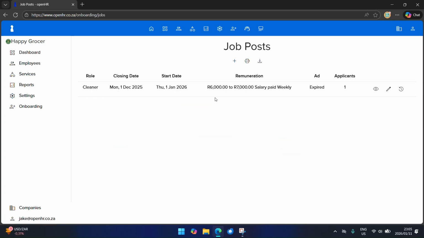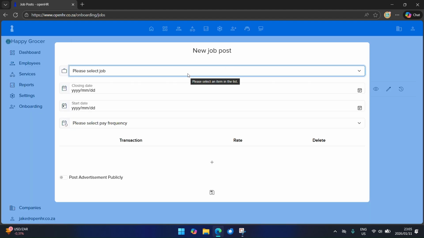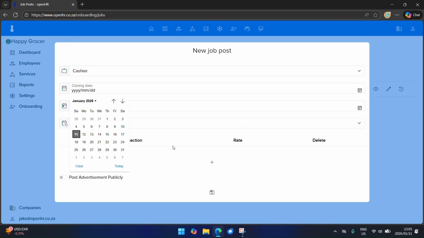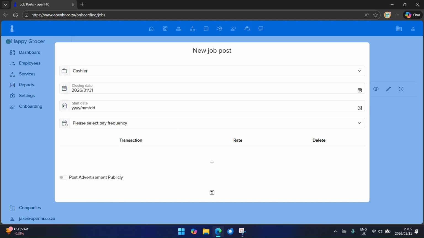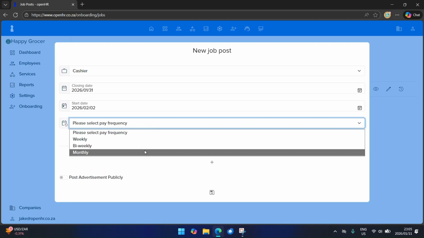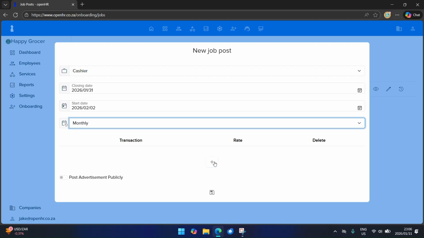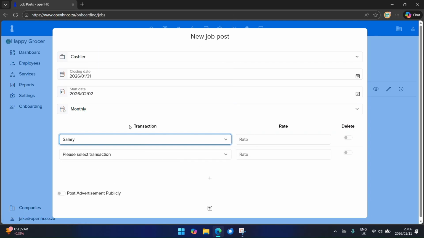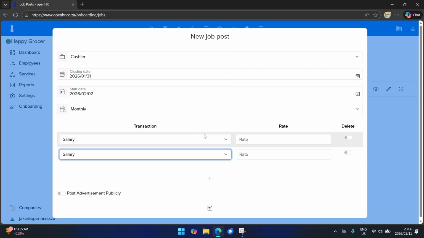In the job post screen, you can click on New at the top, select the job as set up under the Services menu, select a closing date for applicants, which is also when the ad will end. Next, you can select the expected starting date. You can also select the pay frequency. This will make the remuneration structure more attractive and also directly links to when a job application is converted into